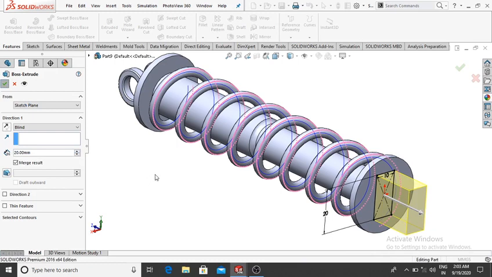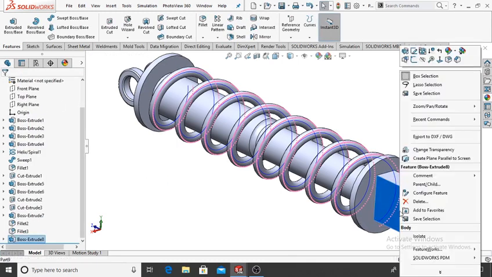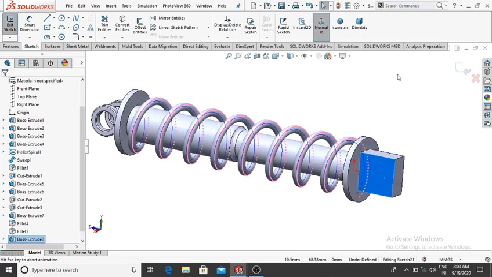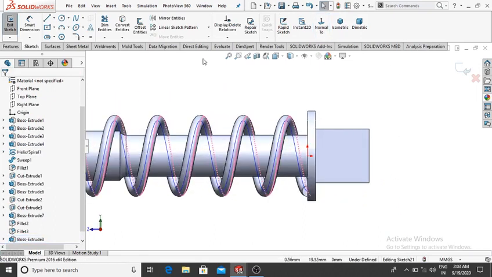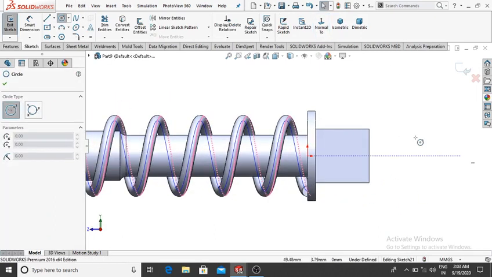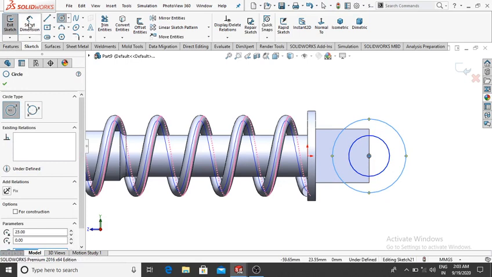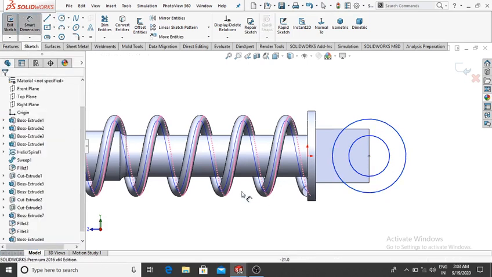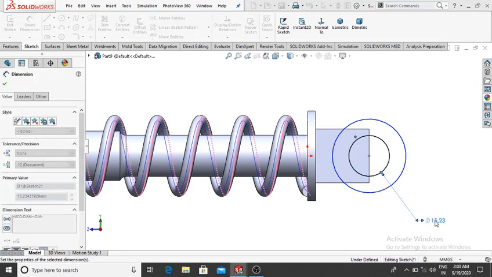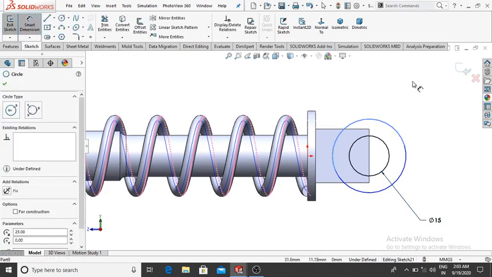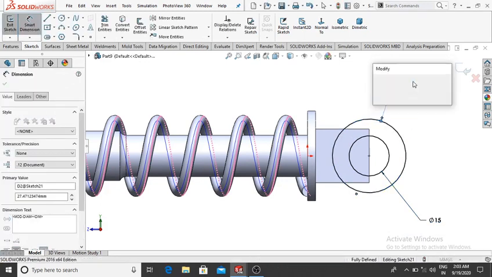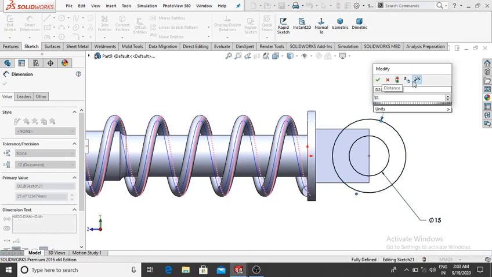then okay. Now again select this face, right click, sketch, normal, and here we also make the 2 circle from this midpoint, so select first circle and second circle. Now go to the smart dimension, the first circle will be 15 diameter and second circle will be 30 diameter,